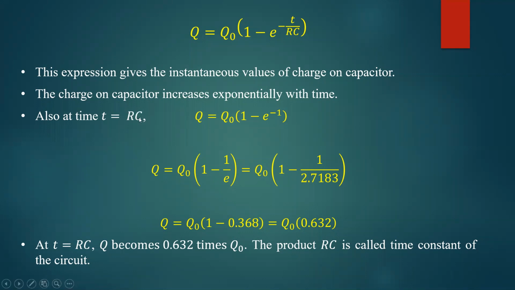This defines how fast the charging of the capacitor is taking place. So both the value of R and the value of C, resistance and capacitance, will decide the time during which 63% of the charging can be done. So how fast can that be done? If R into C is very small, then in less time 63% charge is reached. If R into C is large, suppose resistance and capacitance are large, it will take more time to charge to 63% of the maximum charge. Okay, so this is about the charging of the capacitor.